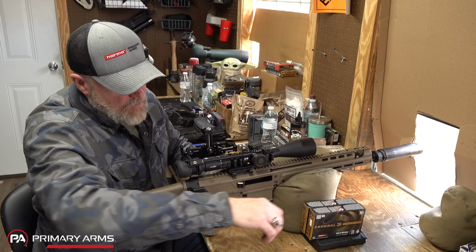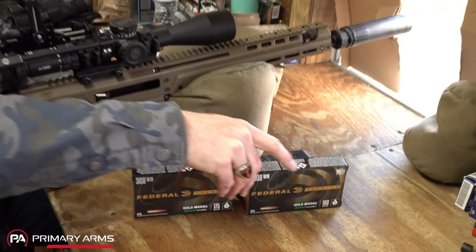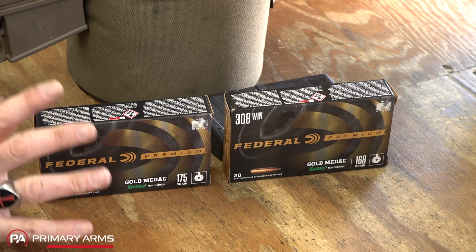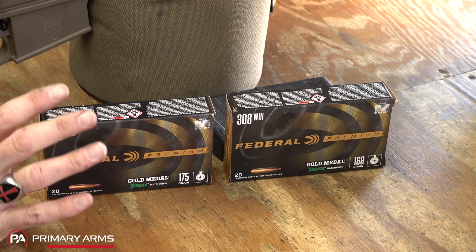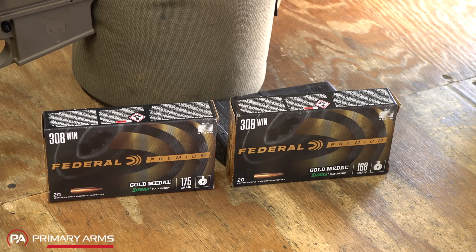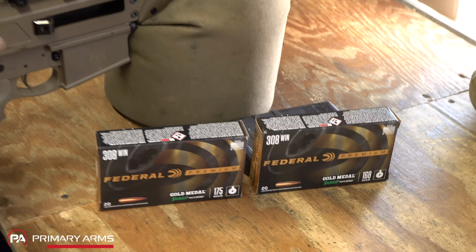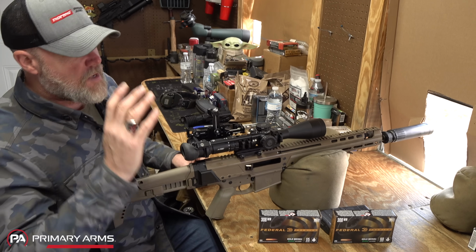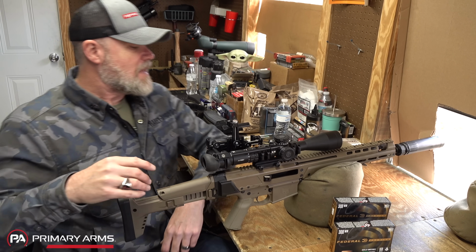For the testing today, we're going to use my favorite match ammunition, and this is from Federal Gold Medal Match. This stuff shoots good out of a toilet paper tube. I've been shooting Federal my entire life. It's just great stuff, and their match ammo is top notch. They do supply the ammunition free of charge to the channel, and so I want to thank them for doing that. But the results are always interesting, especially when using Federal Gold Medal, and that's what we're going to do